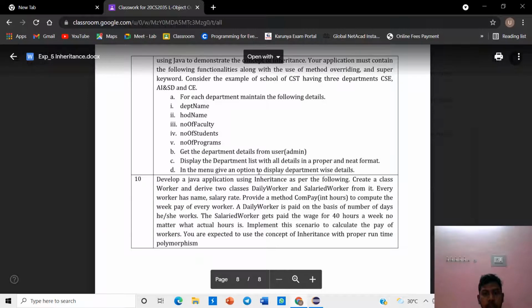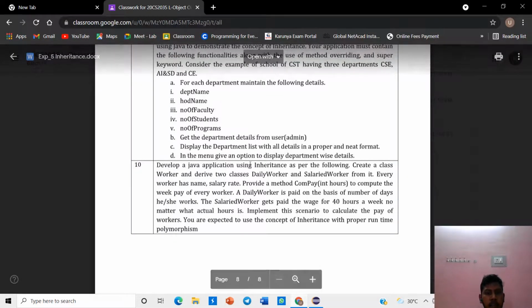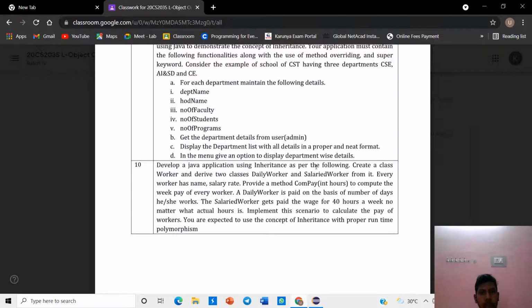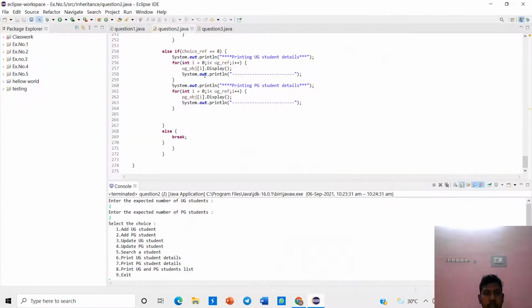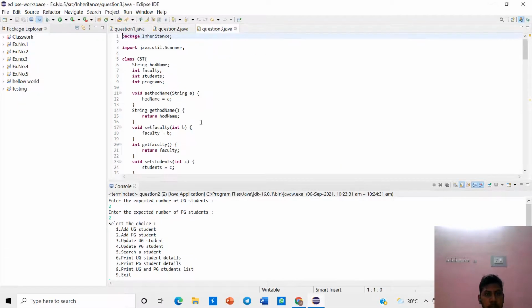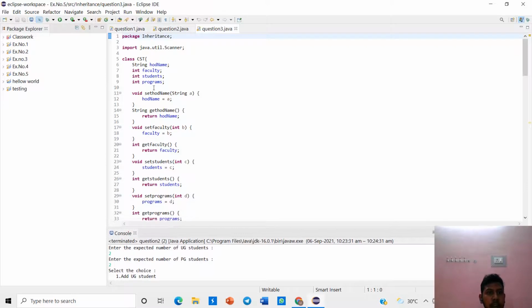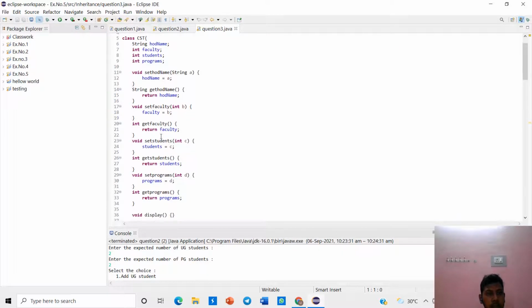Display the department list with all details in the program, and we will use the menu driven option to display the department wise details. Let's see this program. First we create a class CST with strings for HOD name, faculty, student, and program. We use get methods and set methods for the